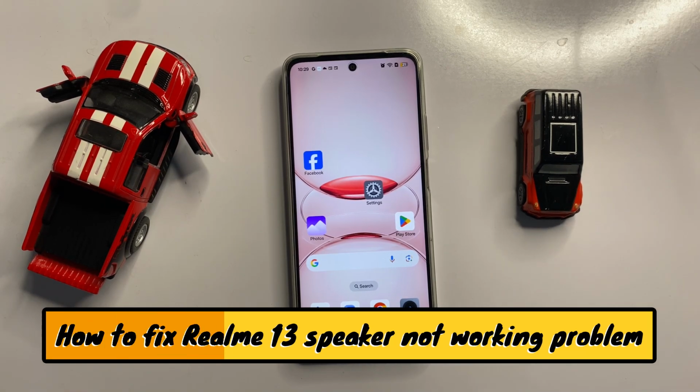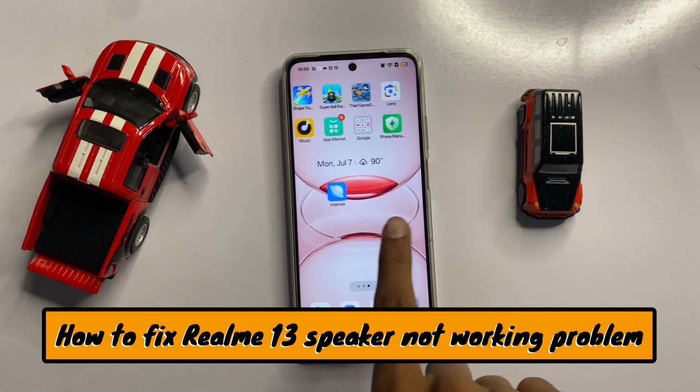How to fix speaker not working problem in Realme 13. So let's start the video. First of all,